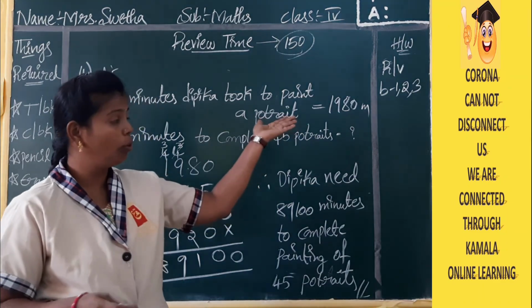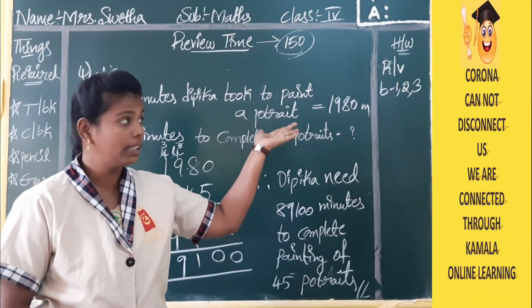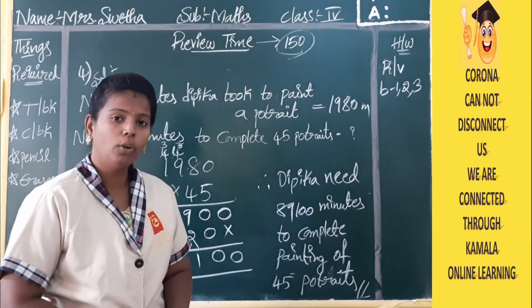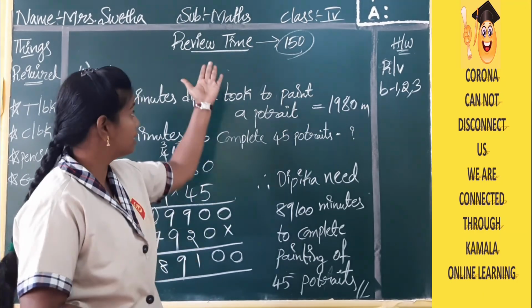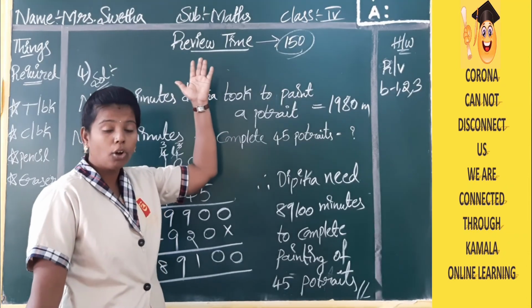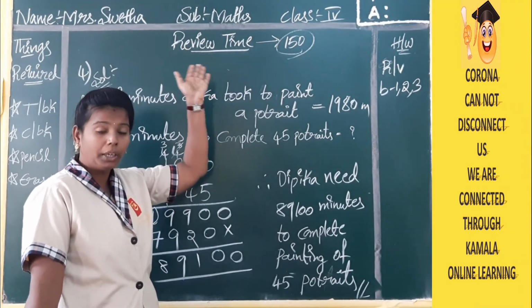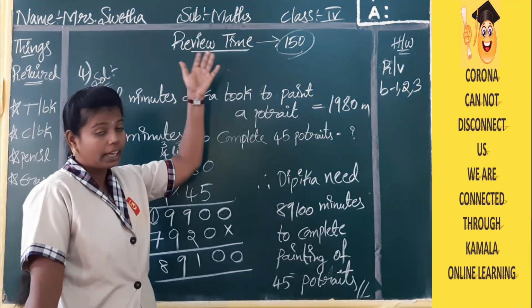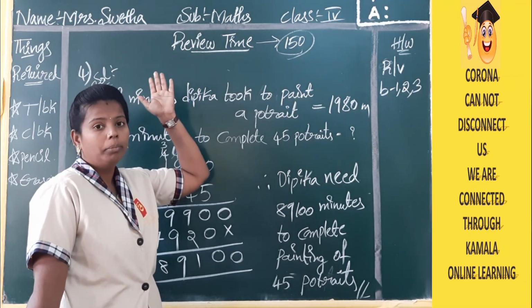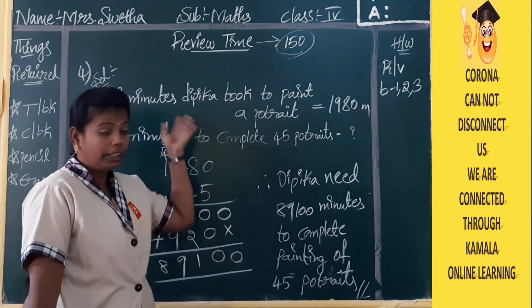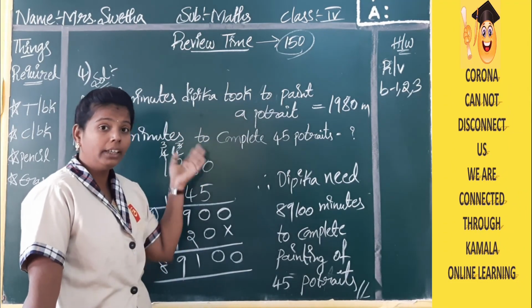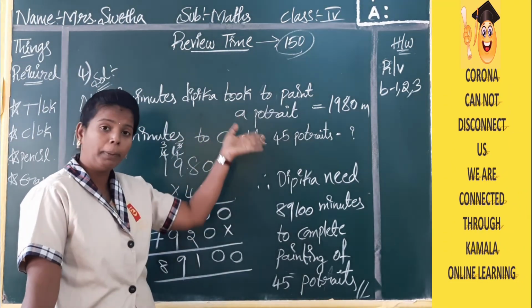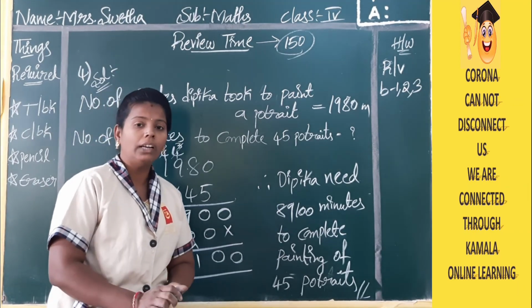Now I have given you homework from your first, second and third bit. So complete your homework. Complete your class work also in a neat manner. Write the exercise number or the heading, whatever it is, review time or exercise number. Write the heading of the chapter you are dealing with. Then write the heading of the bit which you are writing, and then do the problems. Write the page number also. Then you start with your writing part.